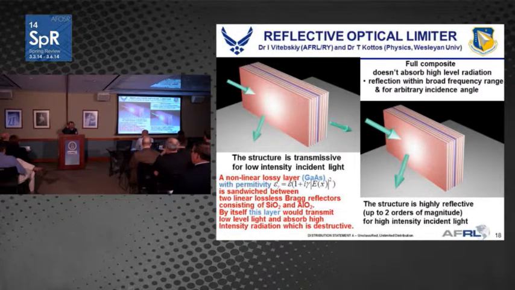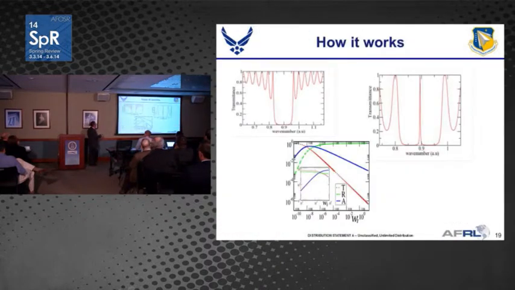Instead of trying to get something that darkens, he's got this very interesting idea, and it works as follows. If this blue layer in the middle wasn't there, these alternating pink and white layers are a photonic band gap medium. I guess they're made out of silicon dioxide and aluminum dioxide. Photonic band gap medium means that in a frequency range, all by itself without the blue layer, there's zero transmission over a region in the frequency space. And so it disallows